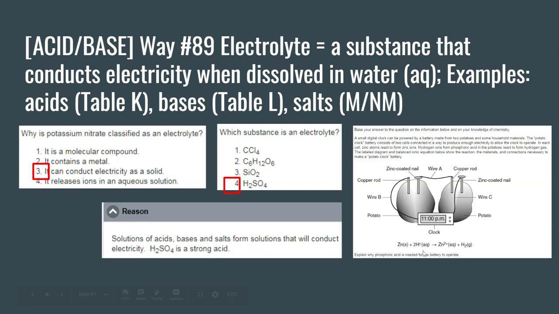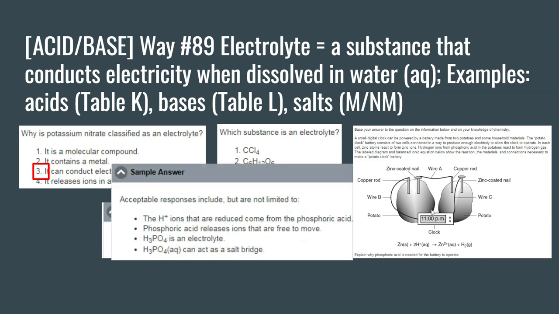Remember that in order for a battery to function, electricity has to be able to conduct through the entire circuit. So the only way that happens is if the electrolyte is included in the potato so as to conduct electricity. So acceptable responses include things like, phosphoric acid is an example of an electrolyte, or it can act as a salt bridge, which basically means it helps balance out the ions as electrons get transferred in this reaction. Or you could simply state that phosphoric acid releases ions that are free to move,